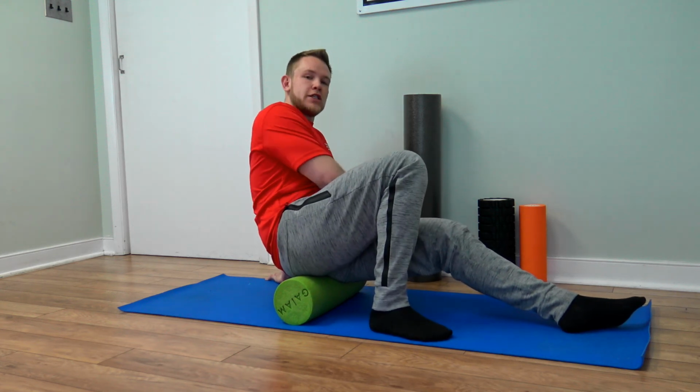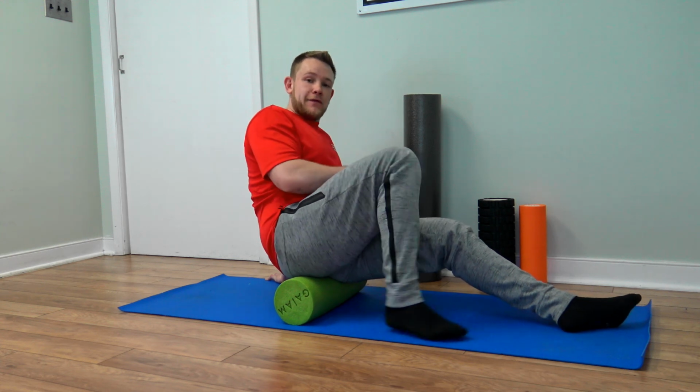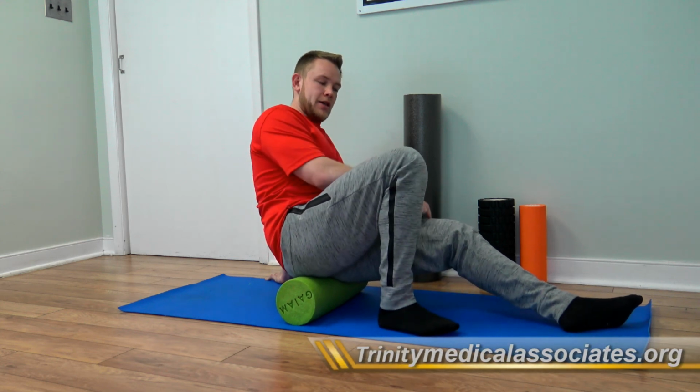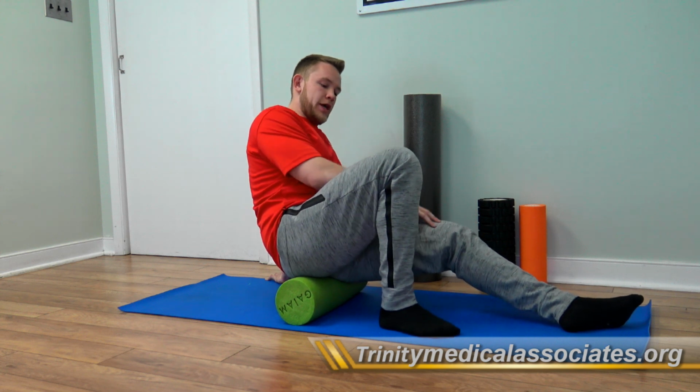Only on one side. So what this kind of just targets the left or the right side depending on what you're working on. But I'm going to do the left for the sake of the video so you guys can kind of see what I'm doing here as I plant with this leg, use this leg to kind of cross over. So with the glutes, you're going to just plant the leg here